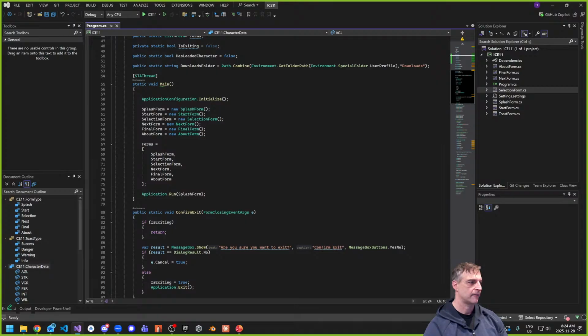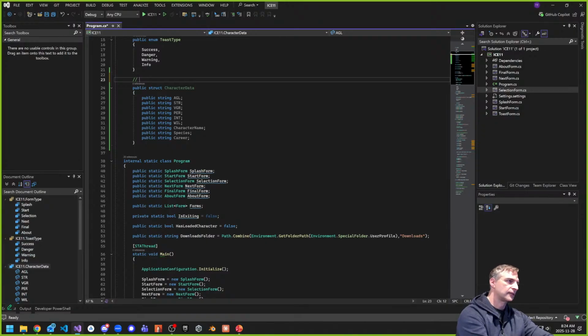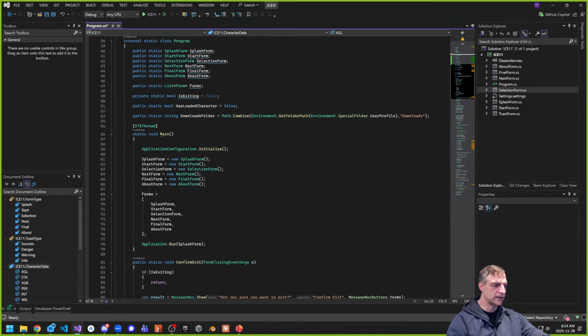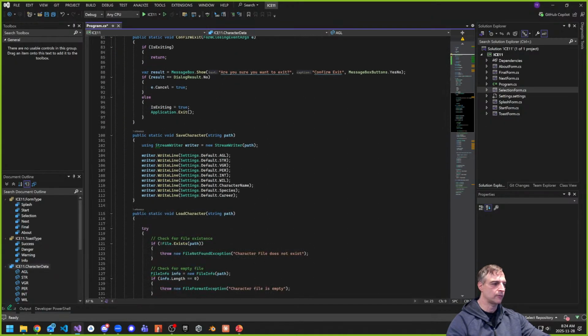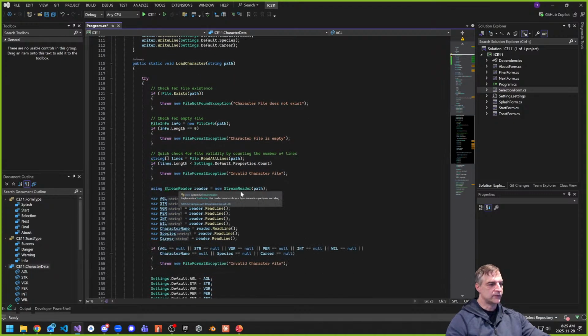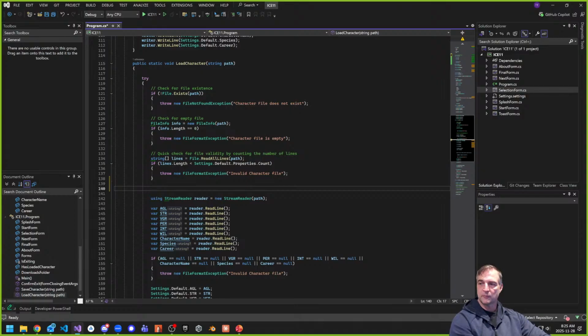We've declared it here. Here's where we declare, way up the top here, our struct. So what we're doing here is we declare a struct that holds the character data. That's very nice. There we go. And then what we want to do is initialize the struct. The way we would do that is inside of load character, because that's where we need it. We're going to do it somewhere before probably even stream reader. So stream reader, remember last week what we used it for? It's a method for us to read data from a file. So here we're just going to say character data,